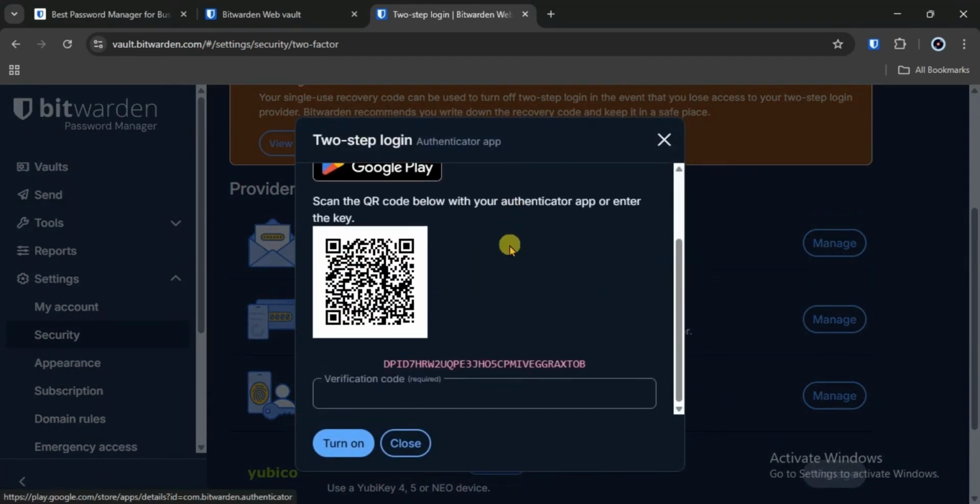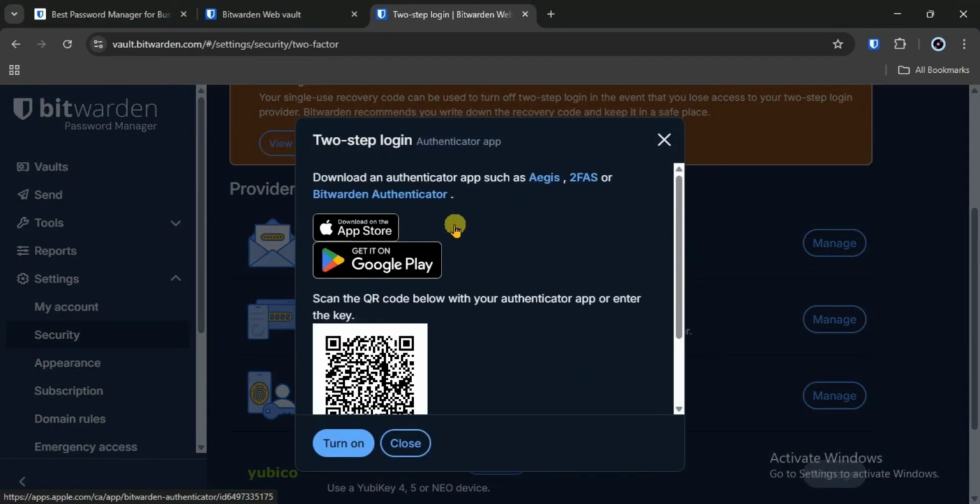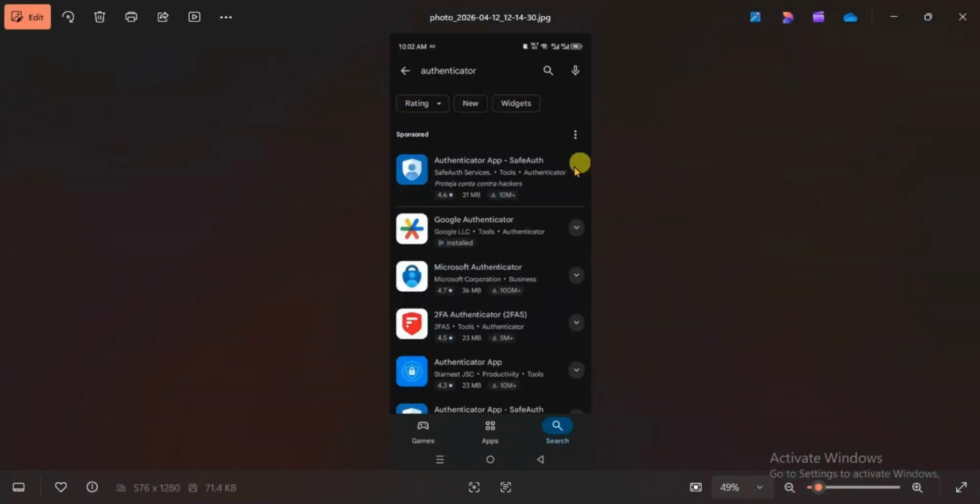After you click on continue, use your mobile phone, whether you are using Android or iPhone, and download an authenticator app, whether Aegis, 2FAS or Bitwarden. You can simply search authenticator on your App Store or Google Play Store. I currently use Google Authenticator because it is the most globally used, but you can use others like Microsoft Authenticator, 2FAS and Bitwarden Authenticator. So after you download it, I won't be able to show you the screen record because Bitwarden